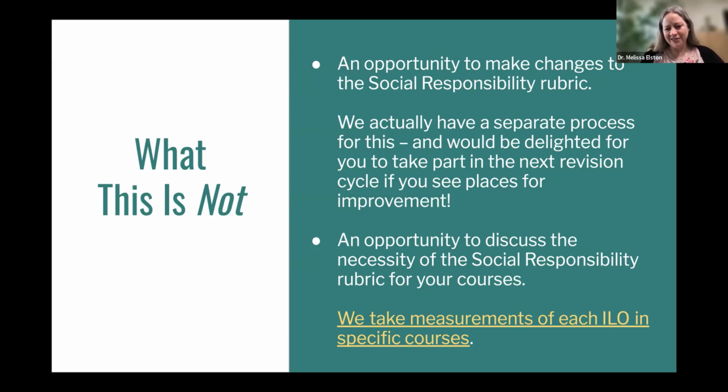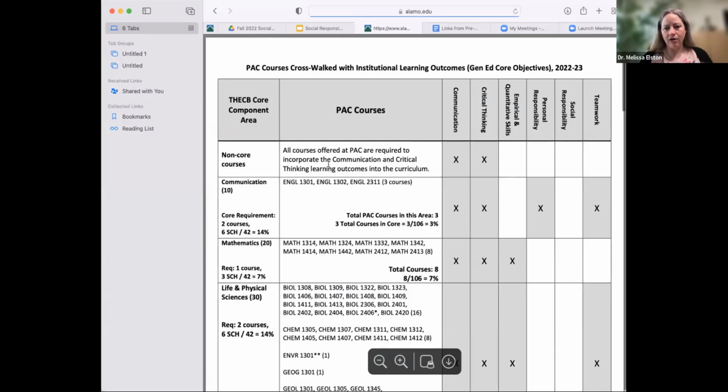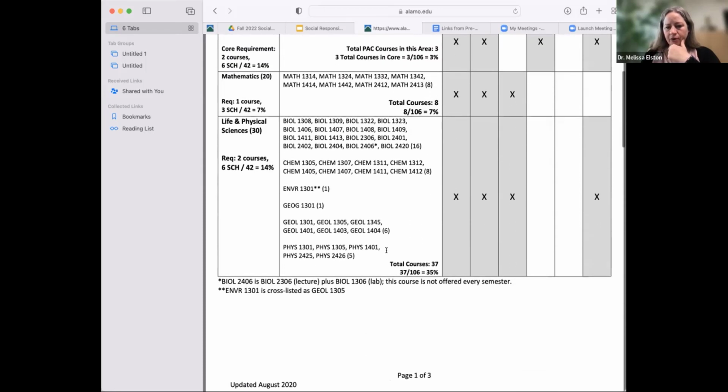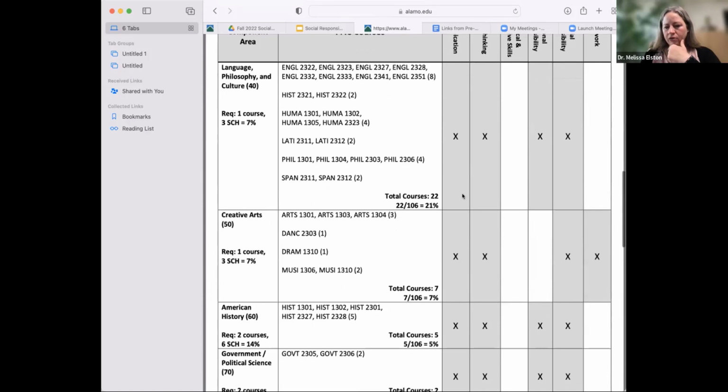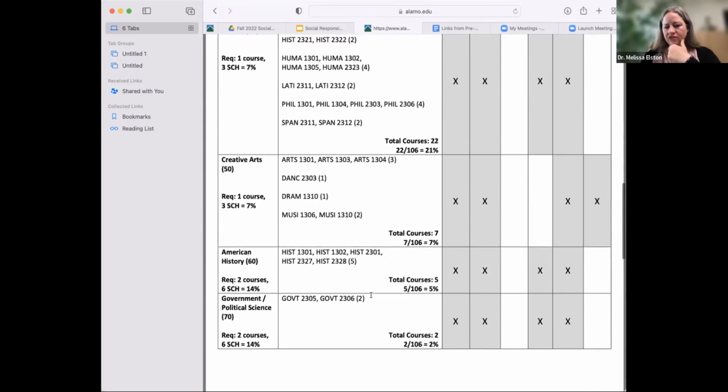The other thing that this is not is an opportunity to discuss the necessity of the rubric for your courses. We do take measurements of each ILO in specific courses. If you're wondering, like, why am I measuring this? Here, I'll just show you right here. And this is in the list of links that I sent out a little bit earlier. We have this neat document called the course crosswalk, and it shows you the array of, I don't know if you guys can see my mouse moving, but there's an array of the 6 ILOs over here on the top right-hand side. And you could scroll down through and see where all the measurement points are in courses. So like, for instance,